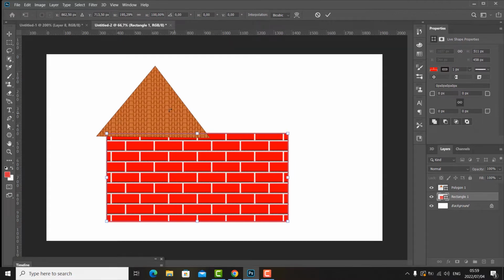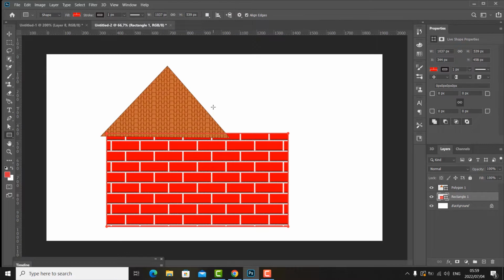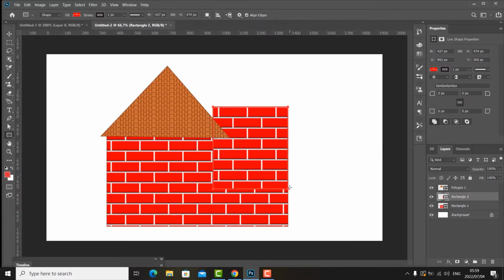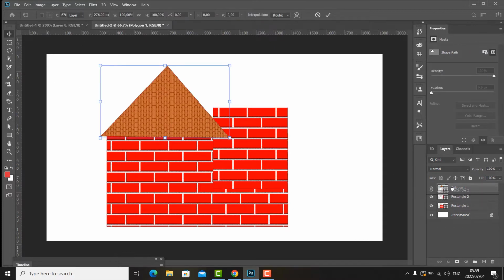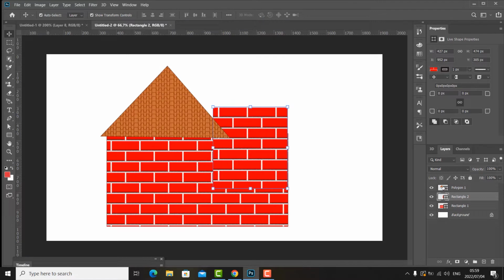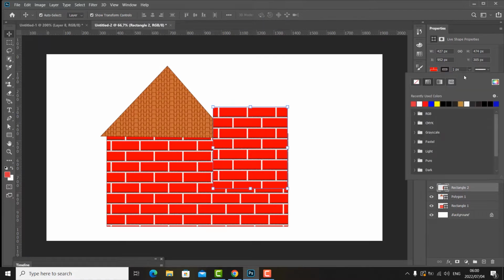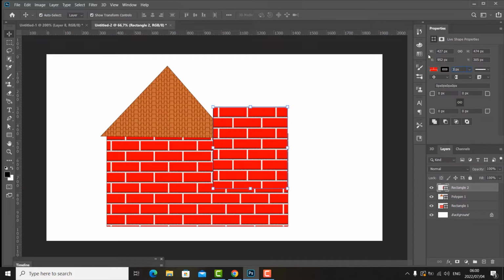So this is gonna be like this. Make a rectangular shape and then draw it somewhere like this. So I want this shape to be on top. I'll bring it on top. So I'm gonna put a border, a shape border line black. I'll make it about 2-3 pixels,